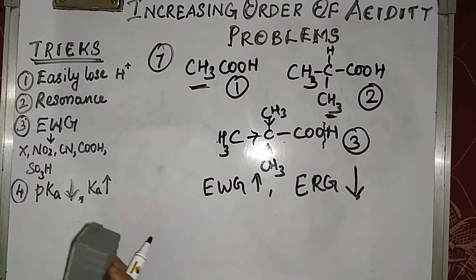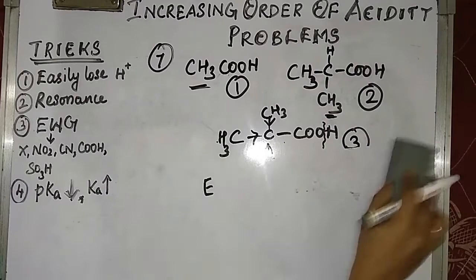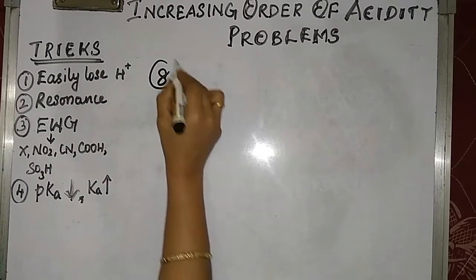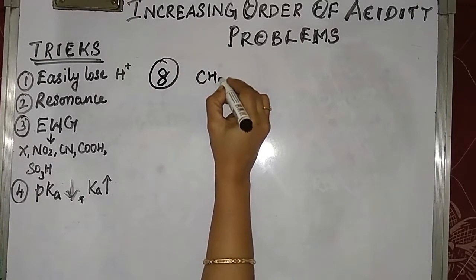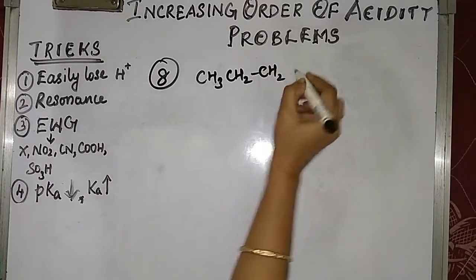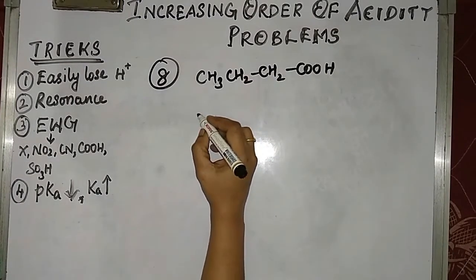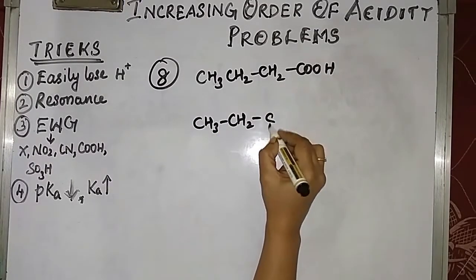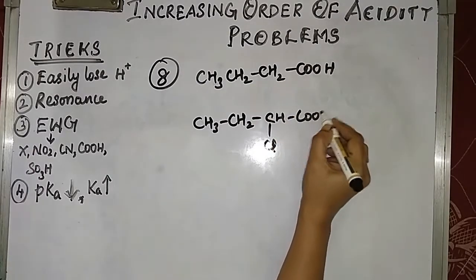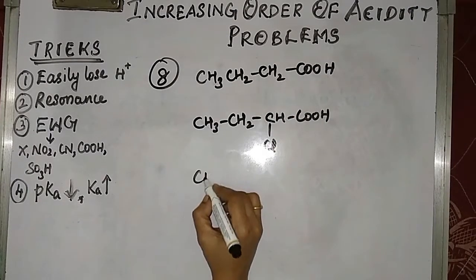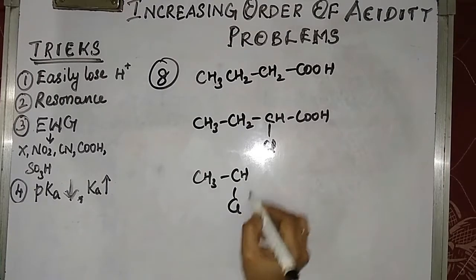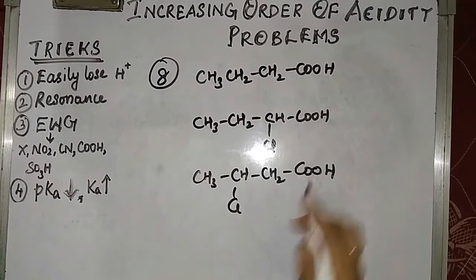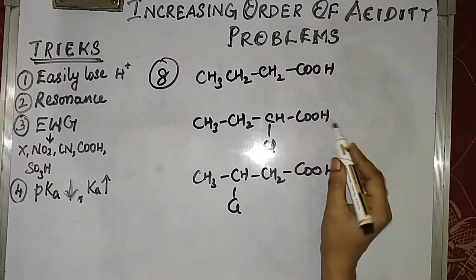And this 8th one, butanoic acid, chlorobutanoic acid. The 8th one is butanoic acid, CH3CH2COOH, first one. And the second one, 2-chlorobutanoic acid. Third one, 3-chlorobutanoic acid. Compare this. If chloro is present, it increases the